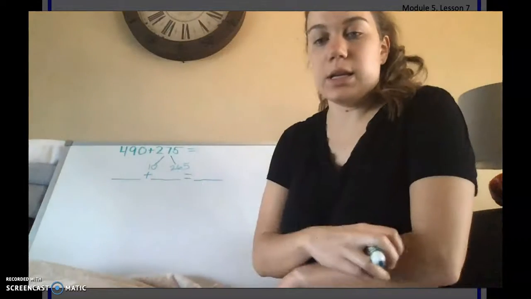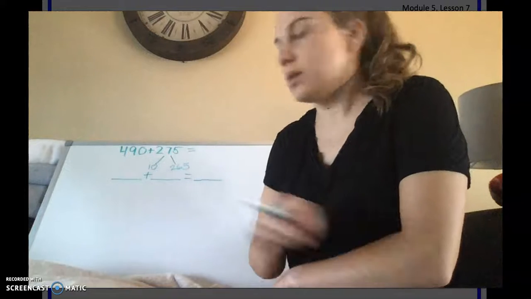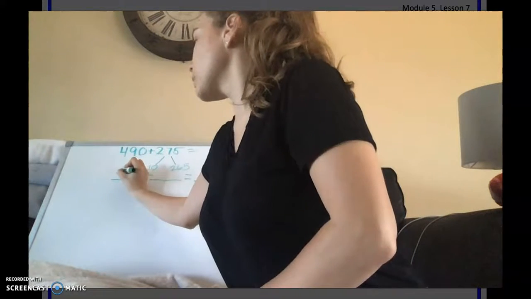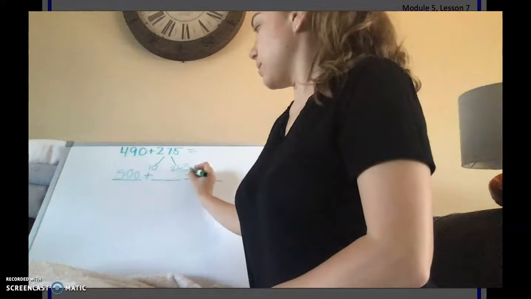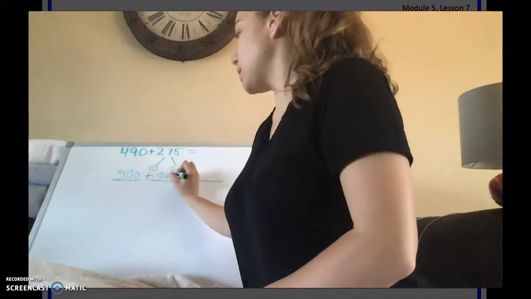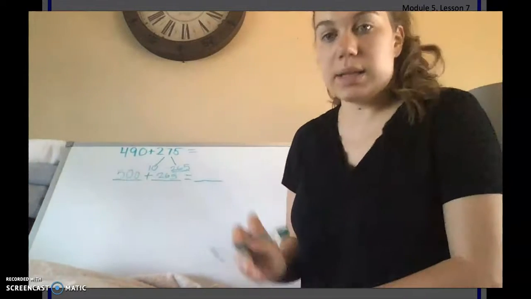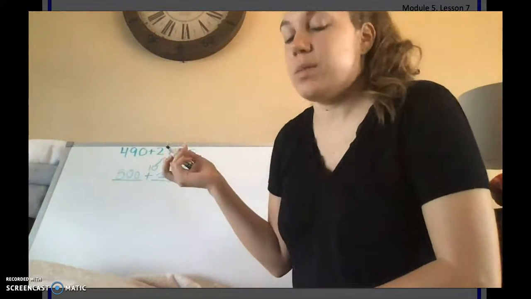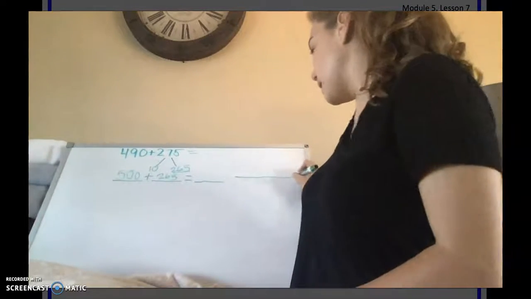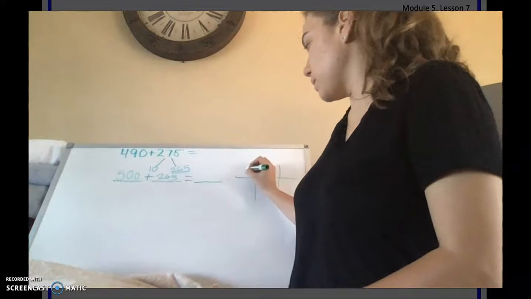So if we do 490 plus 10, you get what? Good, 500. So now we're going to do 500 plus this number, so 265. And what does that equal? I could do that in my head, but that's because I've been doing math for a long time. So if we added it on a hundreds, tens, and ones chart,